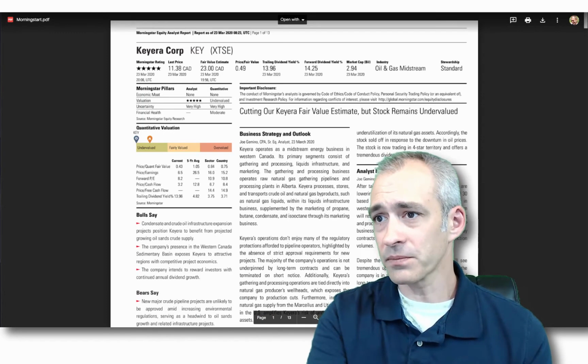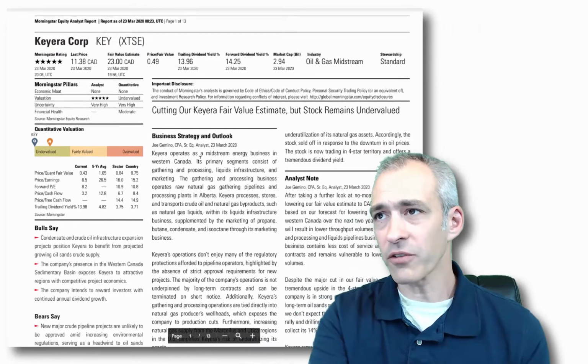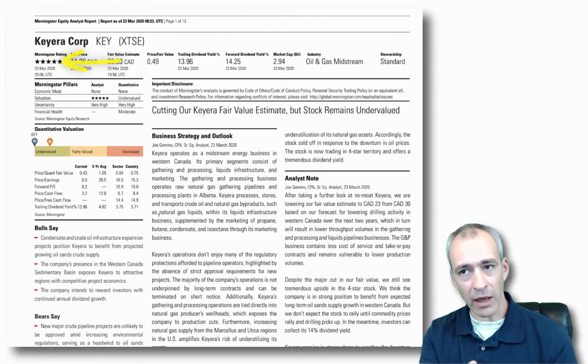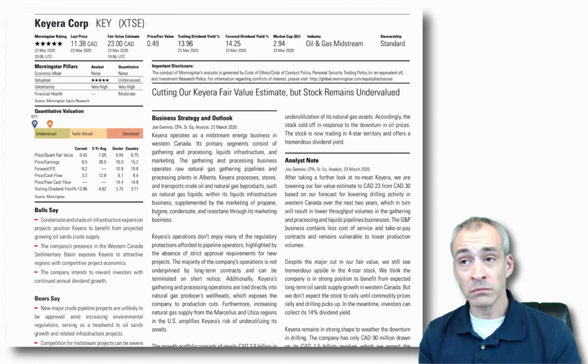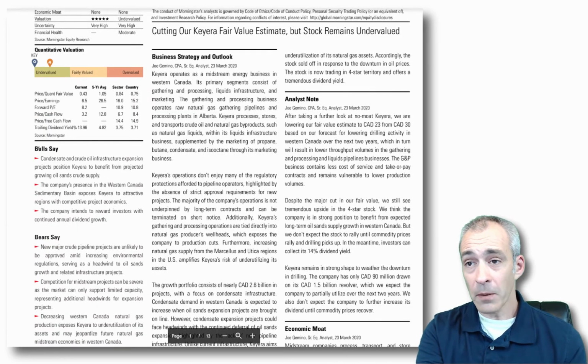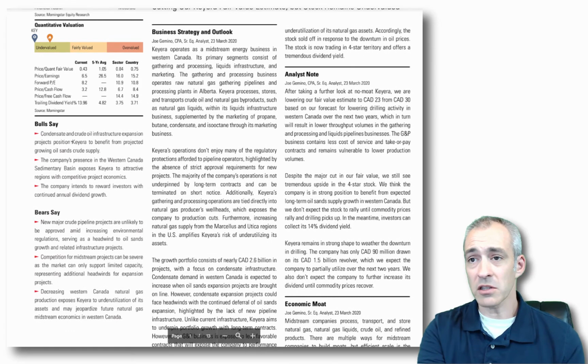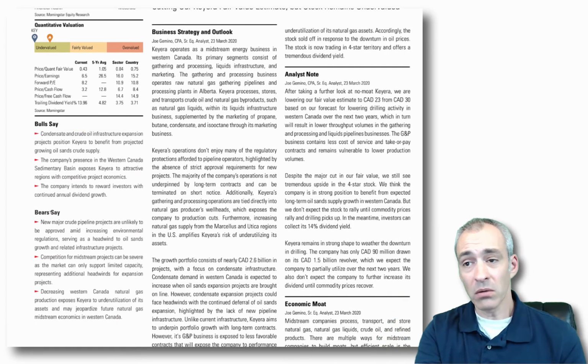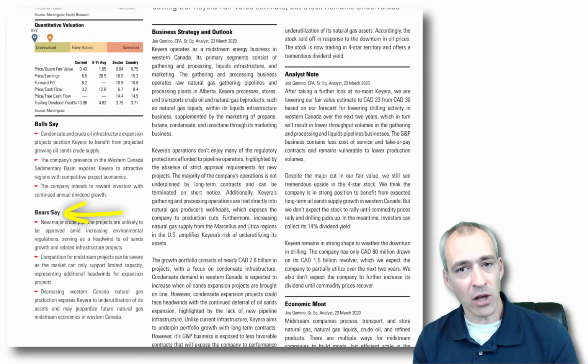Here's one from Morningstar. They usually give you up to 5 stars. So 5 stars means really good value, which we've already figured out, right? And then they have some bullet points, big reasons. Bulls, people who want to buy the stock, say it's good. And down below, what the naysayers say: don't buy the stock, terrible industry, right?